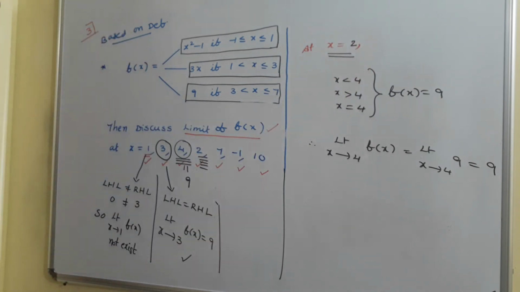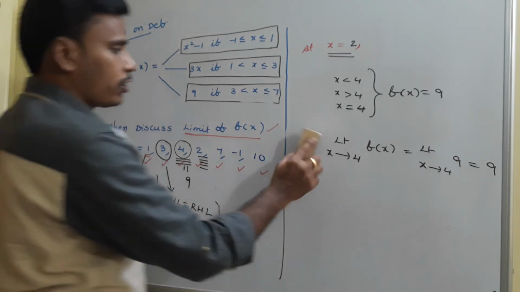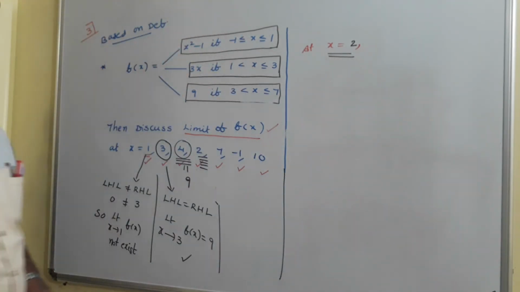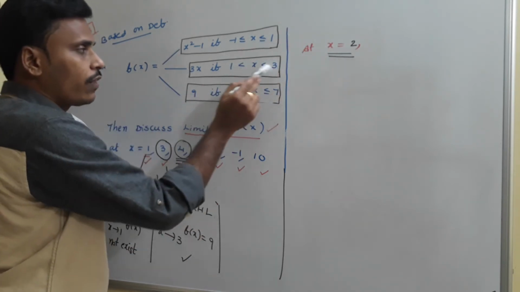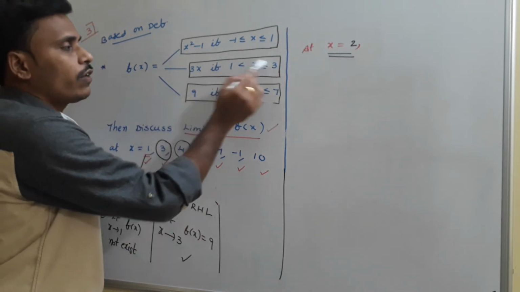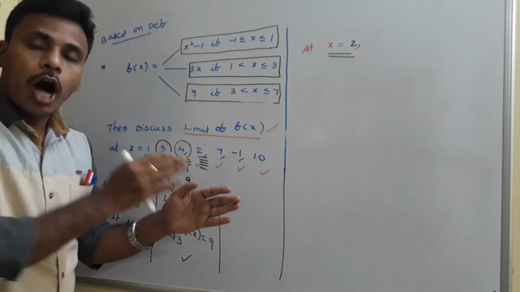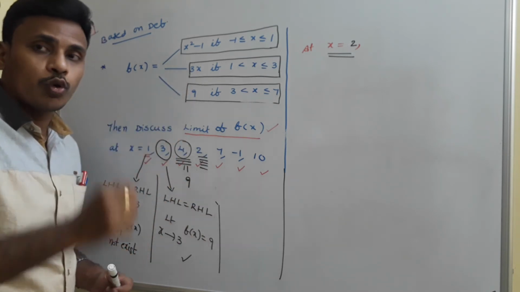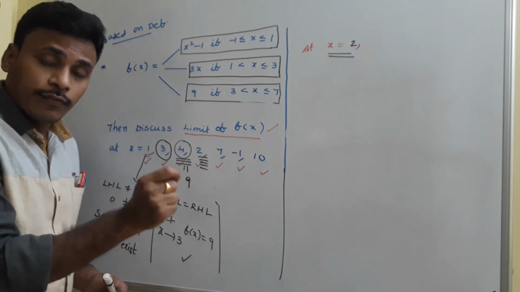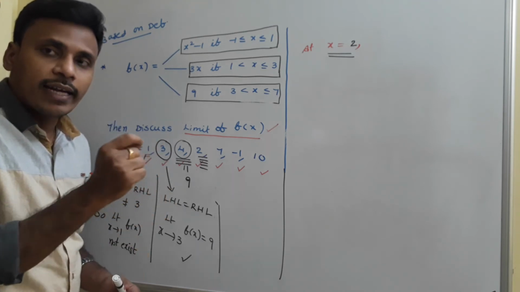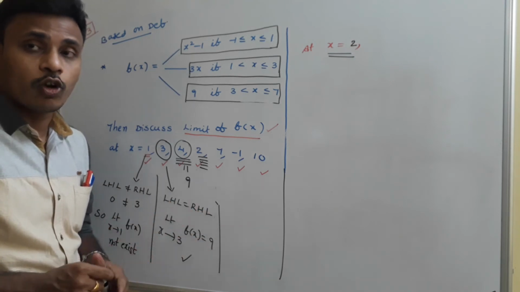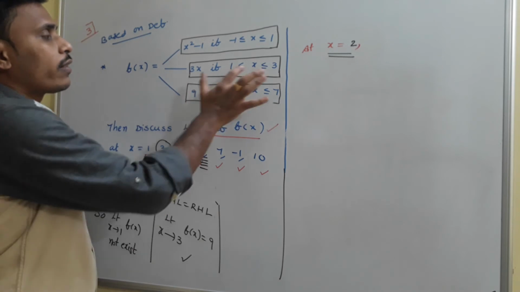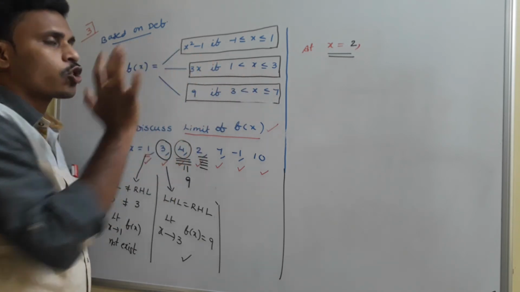the limit of the function at x is equal to 2, we need to think about the function before and after 2. Where is the number 2? Number 2 is in between 1 and 3, right? From 1 up to 3, the function is just 3x. In between them 2 is there. So just the left side of 2 and just the right side of 2, just left and just right. In the surroundings of 2, in the neighborhood of 2, the function definition is 3x only.